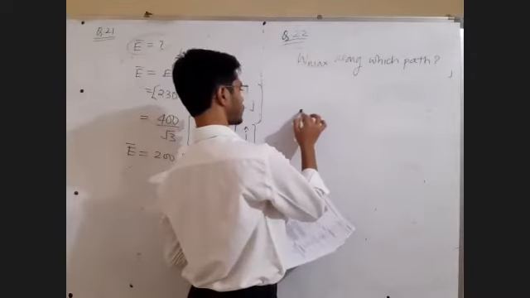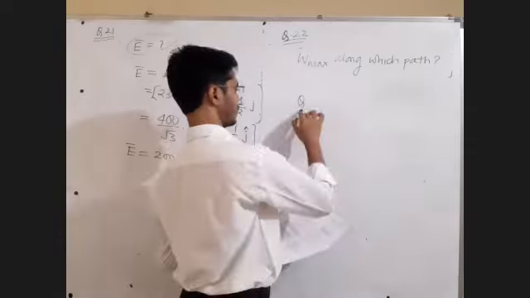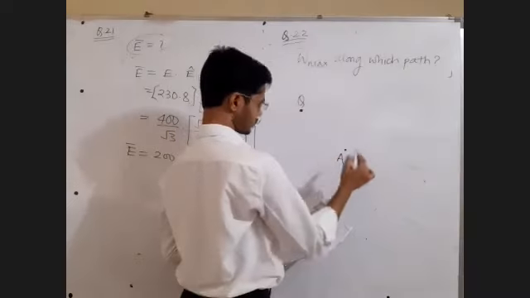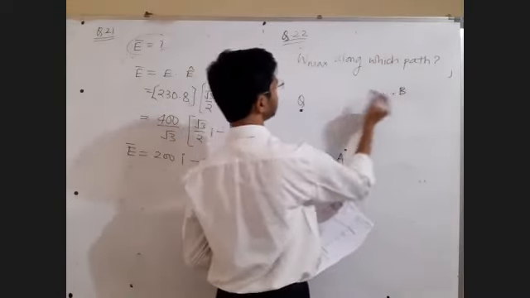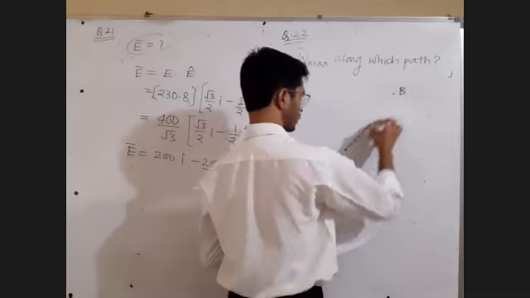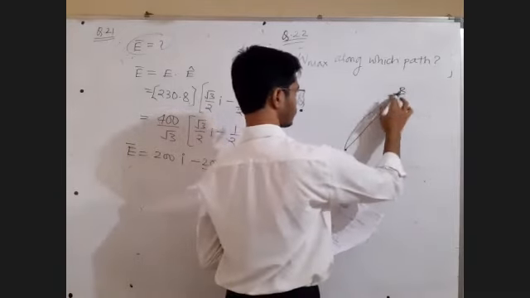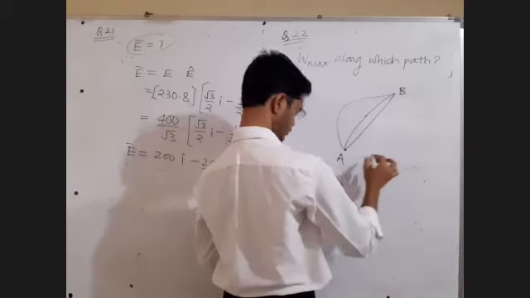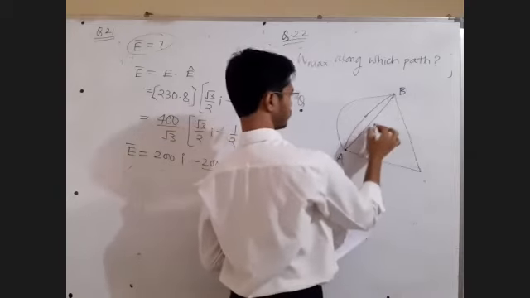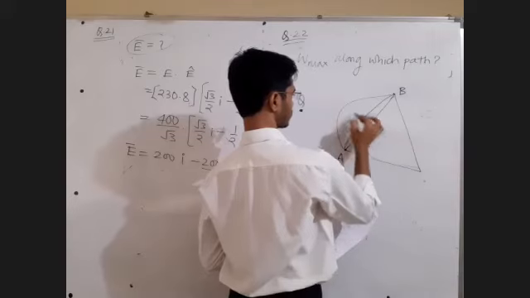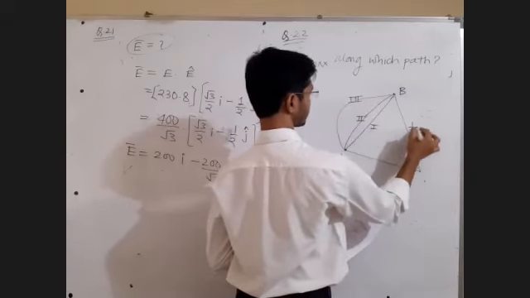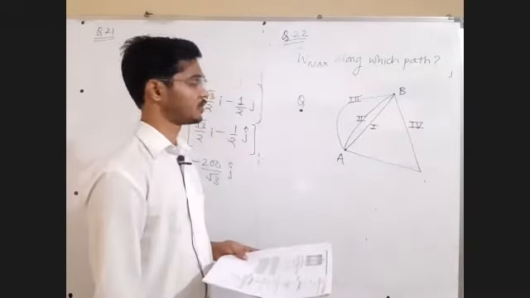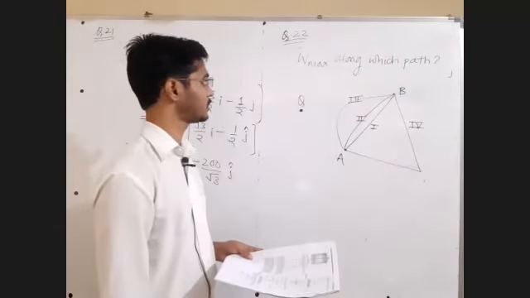So we have this another charge, which is called a charge system, and because of this charge system there will be an electric field. This is the point A, this is the point B. These are the paths: the shortest path, the straight line path, then this, and this is the longest path. Fast, should not be a big deal. Tell me, for which path will the work done be maximum?